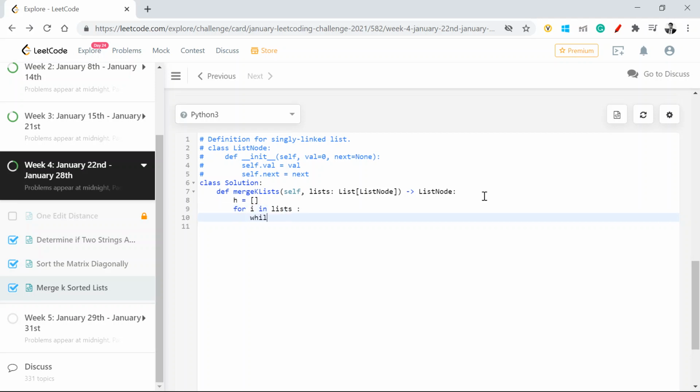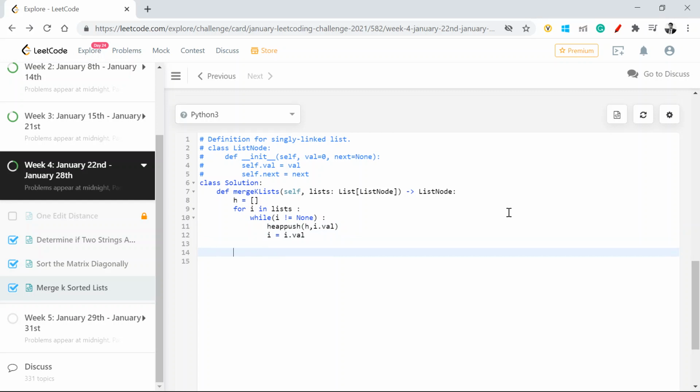So I'm going to do the same thing which we did in the C# code, that I'm going to insert everything into a heap. In C# we inserted everything into a list; here we are going to insert everything into a heap array, and it will automatically do a heap sort and ensure that the minimum value is always at the root node.